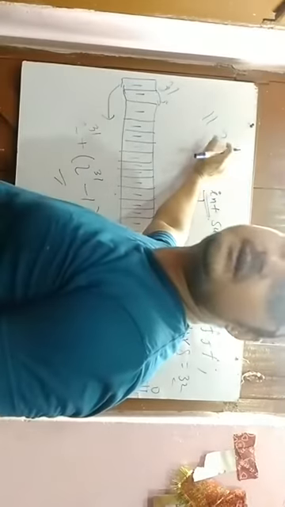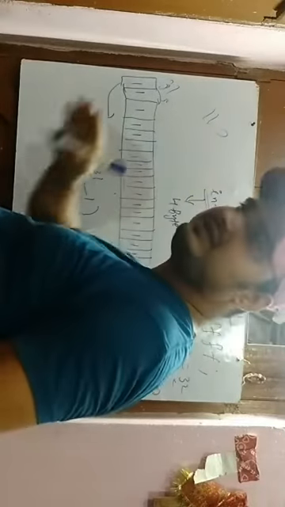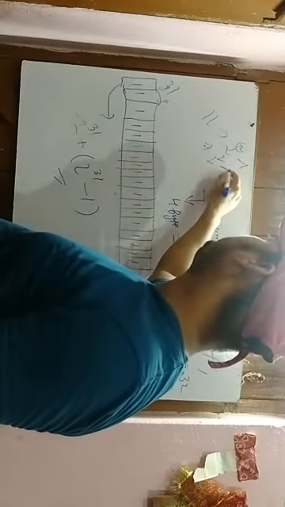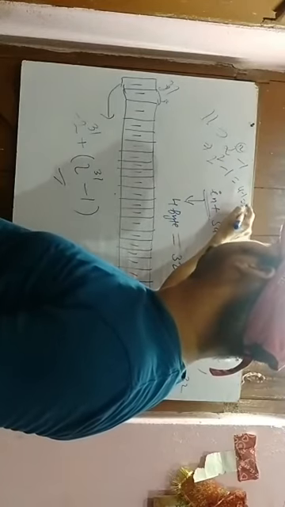Let me explain one thing. If there are two 1s, what is the value? It will sum up to 3. If you don't know the formula for how it sums up to 3, it is like this. If you have 2 continuous bits of 1, or any number of continuous run of 1s, you have to do 2 to the power n minus 1. Here n means how many 1s there are. Here we have two 1s, so put 2 to the power 2 minus 1. 2 to the power 2 means 4, minus 1 sums up to 3.